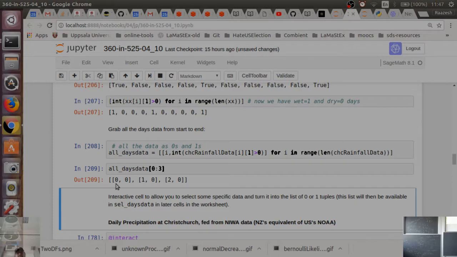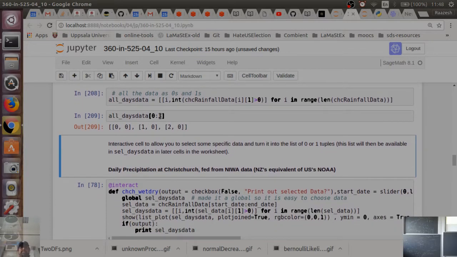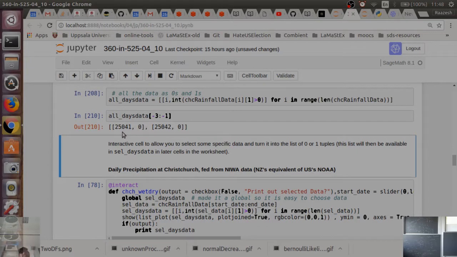The initial day is 0, the second day is 1, and so on. Then whether it's dry or wet is zeros and ones. Wet is 1, dry is 0. If I look at the last three, the 25,041st day is dry and the 25,042nd day is dry, because in May in Christchurch 2012,